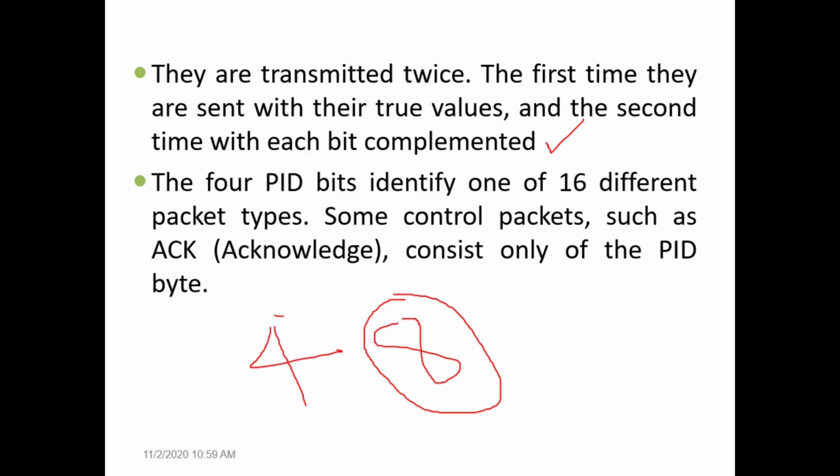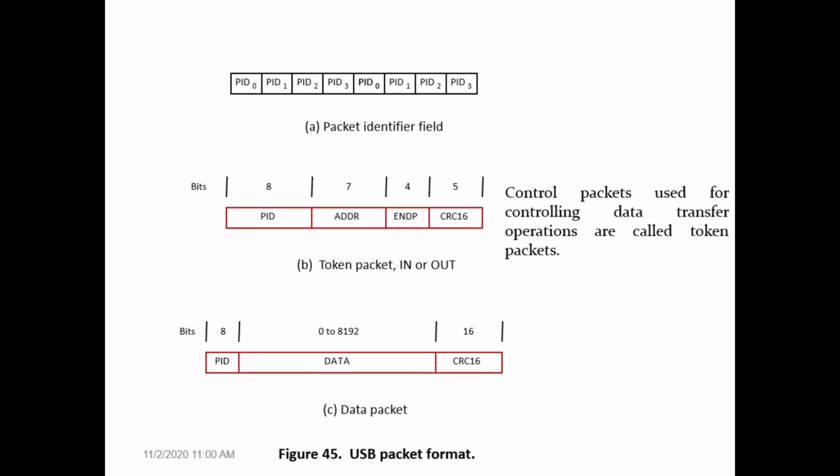Now since it is a 4-bit packet ID, 2 to the power 4 is 16, which means we can have 16 different types of packets. Those 16 types are one data packet, and different types of control packets, like acknowledgement of data, initiation of new address, initiation of data transfer, and all those things. Here you can see the control packet, and here is the data packet. Control packets carry information which helps to control data transfer between IO devices and the processor.